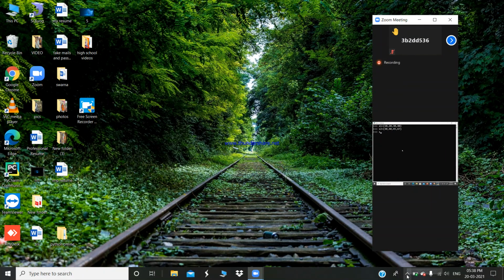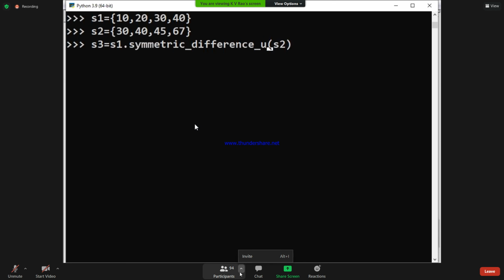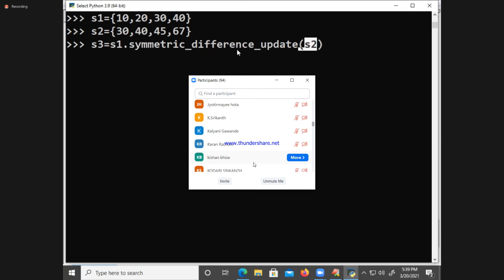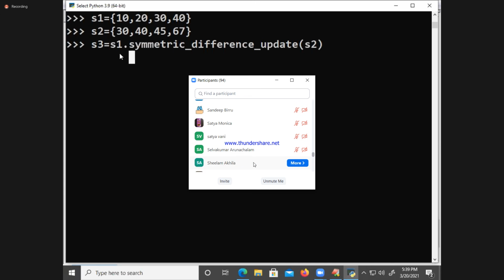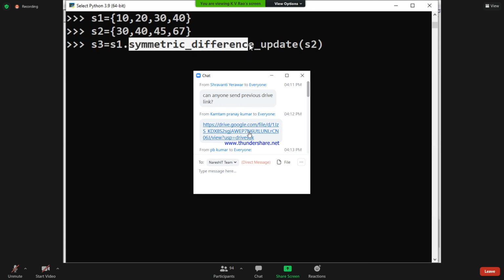I will write S3 is equal to S1 dot symmetric_difference_update. What is the meaning of this update? The elements of S2. Update the elements of S1 with what elements? S2.